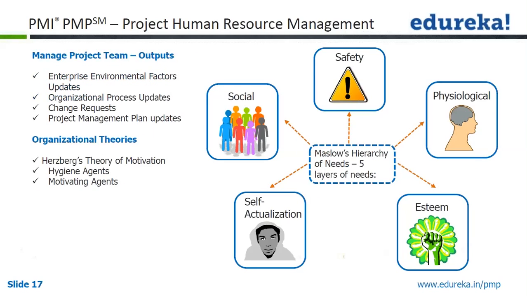So this completes all four processes. And as I told you earlier, we'll now see the organizational behavior theories that help us in determining what kind of attitudes people have, why they have those attitudes, what kind of things motivate them versus what kind of environment demotivates them. That's what the organizational behavior theories talk about. The managed project team outputs we already saw: enterprise environmental factors, OPA updates, change requests as appropriate. And so coming to organizational theories, we'll see